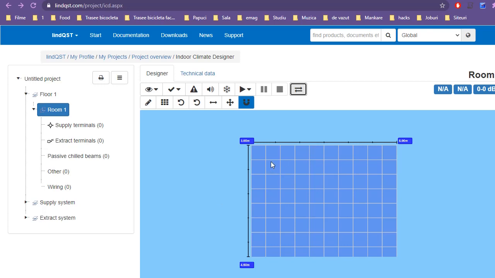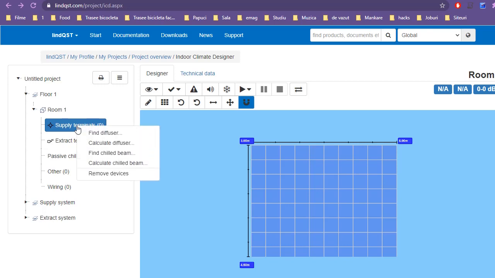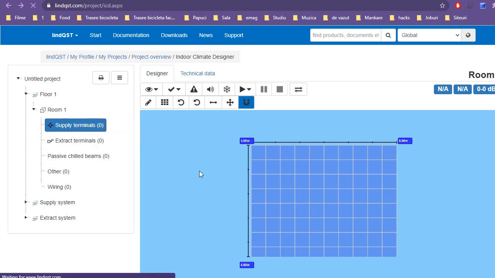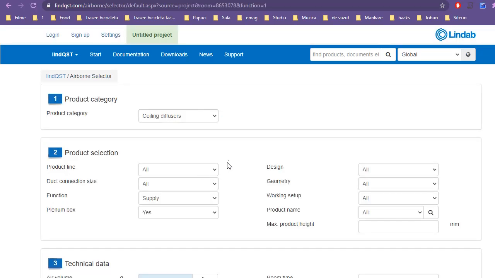So I would like to place one supply diffuser here, and the other supply diffuser here, and the exhaust diffuser in the middle. Okay, click here now on the supply terminals, right click, then find the diffuser. We have to see now what duct connection we need for the diffuser. So let's open the